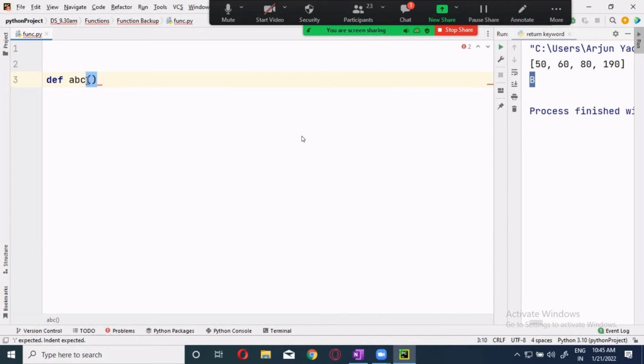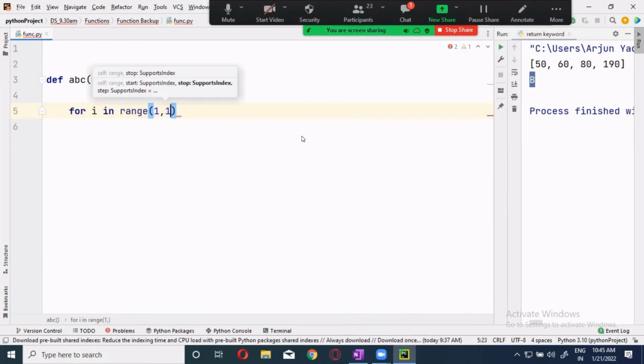ABC. Now this function has to print a table. Just take it as this function has to print a table. I'm taking the number n1 and I want to print a table for I in range of 1 to 11, right? And print the table. Table will consist of,